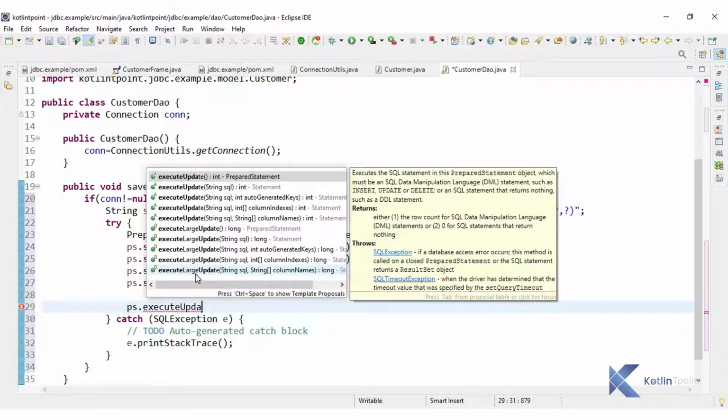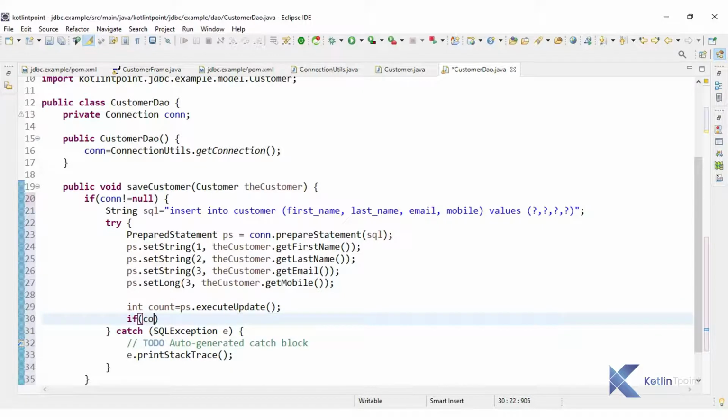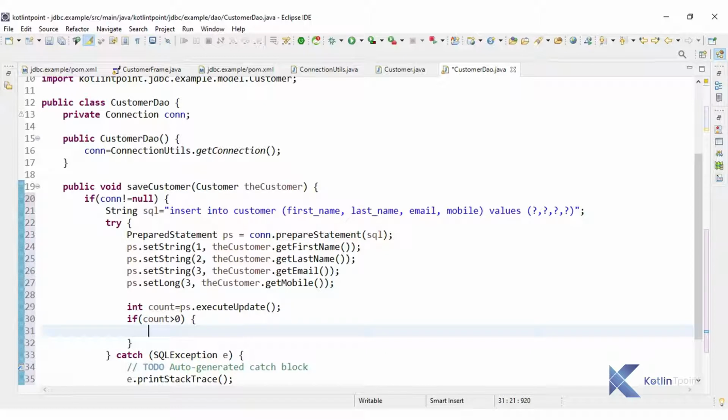This is the method for insert, update and delete. You can also check the documentation, right? So for DML operations, insert, update and delete, you can use this method executeUpdate. I use this method, it will return a value of integer type, and we can confirm this value is greater than 0. That means our insert operation is successful. So I can return this string here, customer save success. This message I am returning. So accordingly I will change the return type here.